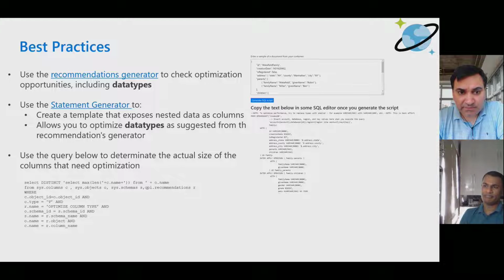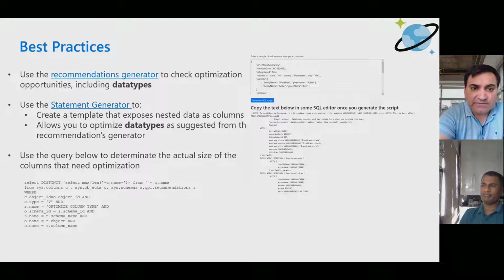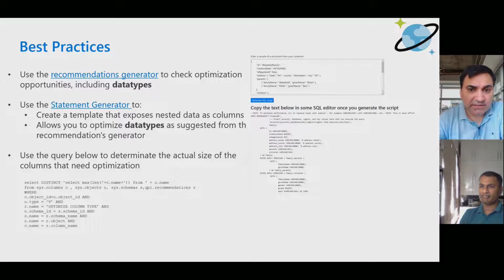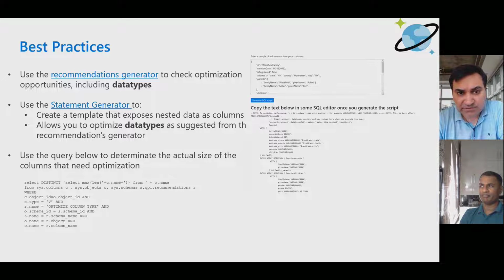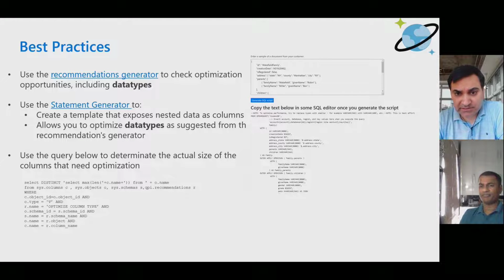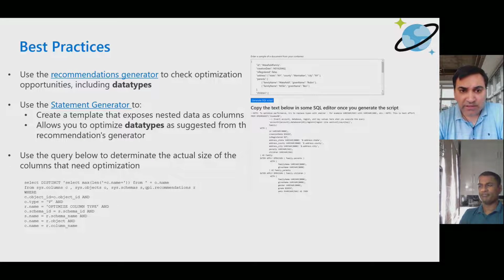There are three important pieces which we have. We have something called recommendation generator in terms of the data type. So this is something that you can go for. It's a notebook which is available on GitHub, so you can utilize that. There is a statement generator which I have just opened for you. So what the statement generator does is basically